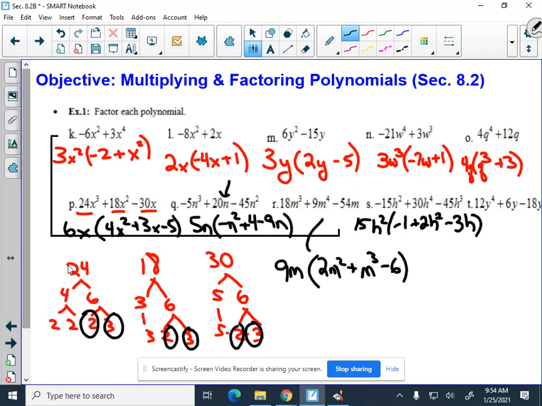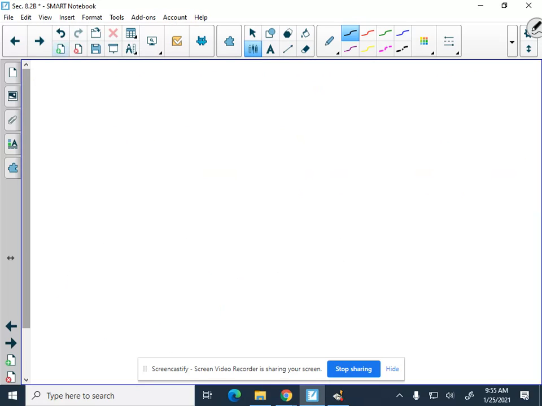Where did I get what? Well, if you don't put the negative 1 there, then when you multiply this, how are you going to get the 15h squared? See, 15h times that gets you the negative 15h squared. So, got to be 3 terms. If you only have 2 terms inside, then you're only going to have 2. So, T,